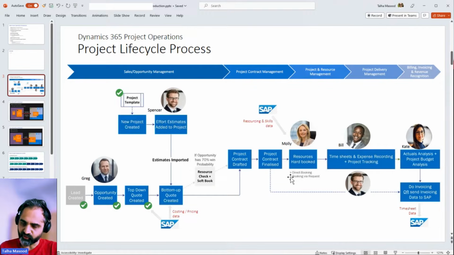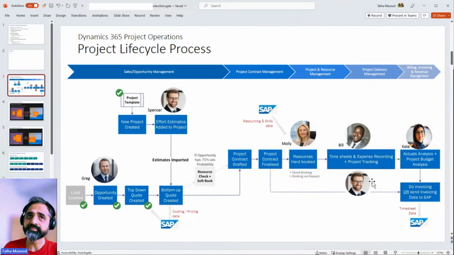And at the time of booking the actual people against the project requirements, we use that skill matrix within the system, and that functionality is used. So we do the hard booking here. And when the hard booking is done, you can say the project has almost gone into kind of an operational mode. Now you will not be doing anything fancy, every day the project will be going on, but